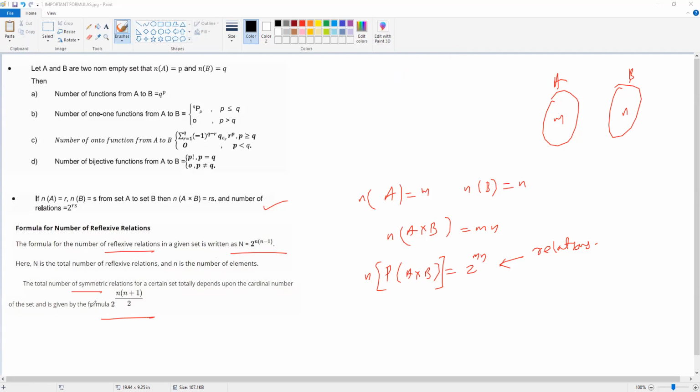So these are the formulas you should learn by heart, because in multiple choice questions they will ask you about how many number of functions, one-one function, onto function, bijective function, reflexive relation, symmetric relation, ये सब वो पूछेगा. So once you know the